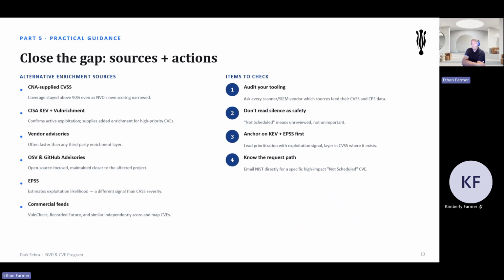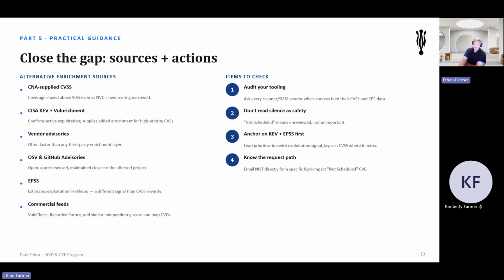Understand that all of your vulnerability data is essentially coming from a couple of sources. There are the published CVEs, and then there's the NVD database. There are a bunch of other places like GitHub, which we'll talk about. So the CNAs are providing CVSS scores now. That is estimated to mean around 90% of the CVEs will have CVSS scores. But